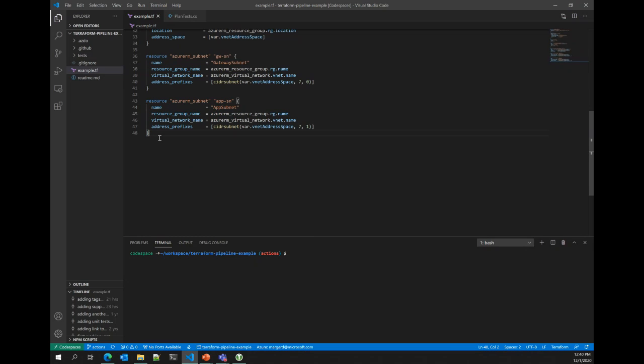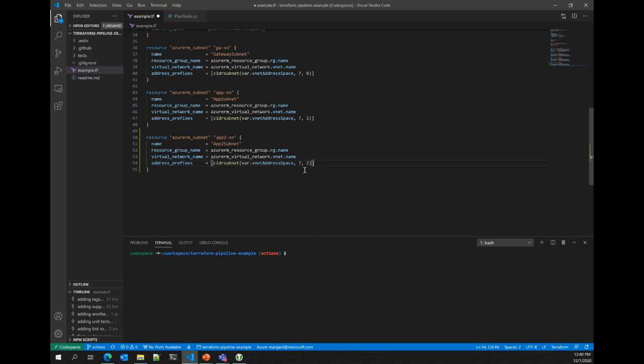So what we're going to do real quick is run through a simple scenario where we want to add another resource to this. So I'm going to create a second subnet. We're going to call it app2 subnet. And one other thing to point out here is within all of my subnets, I'm using this built-in function within Terraform for calculating the CIDR subnet range. Basically what this is saying is, given this existing address range, add another 7 mask bits to it, and then give me the first block out of it, and then the second block. And for this one, we're going to take the third block, or not the third, 0 indexed for those who are paying attention at home.